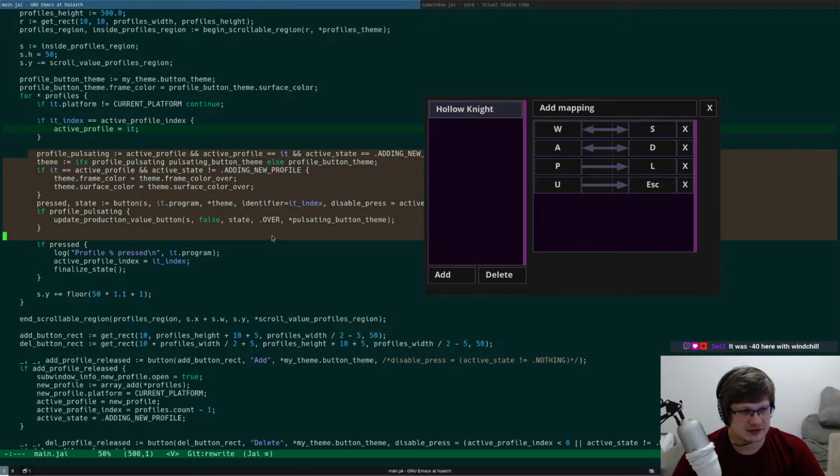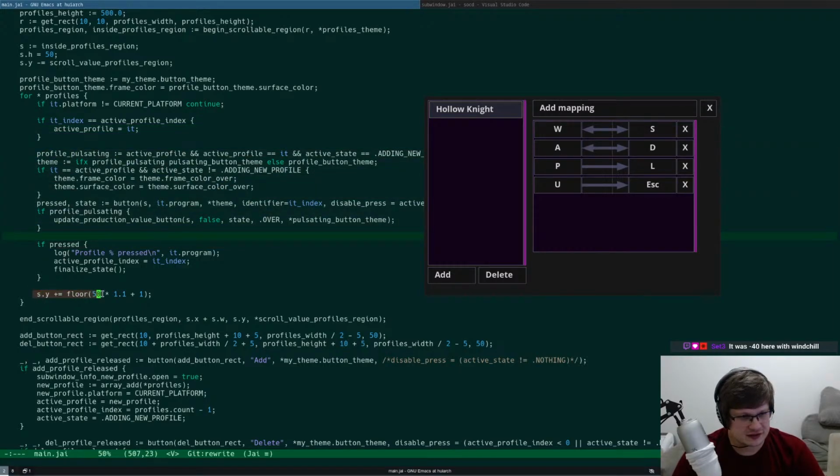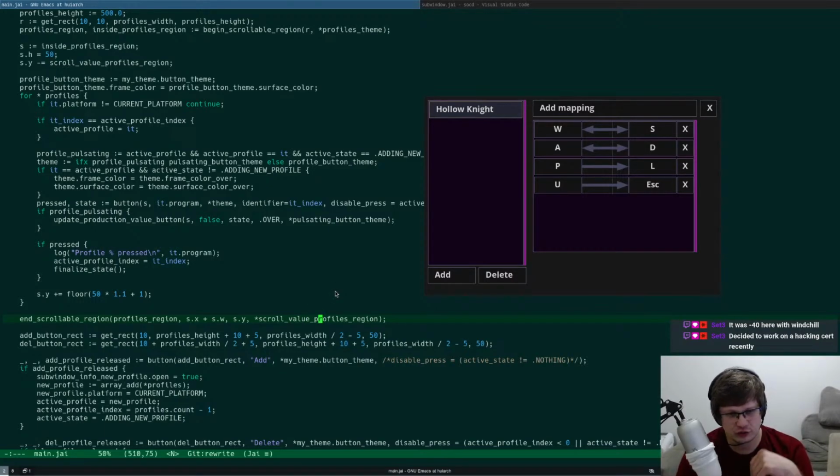Right, so I create buttons and then I do this. And then I end scrollable region by setting scroll value profiles region. Yeah. So I think I need to move scroll value to